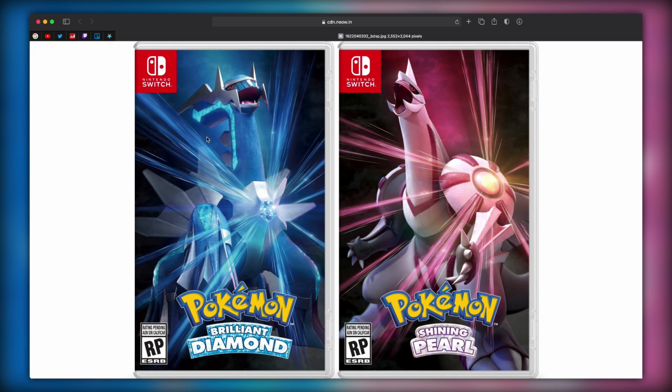always added something, with like Fire Red and Leaf Green adding the Sevii Islands, with Pokemon Heart Gold and Soul Silver adding the Pokewalker, the Pokeathlon, and then of course Omega Ruby and Alpha Sapphire introducing the Delta Episode and Soaring and Mega Evolutions. There was always a lot of cool features that were introduced, so a lot of people are upset that it looks like Pokemon Brilliant Diamond and Shining Pearl might not have any type of crazy